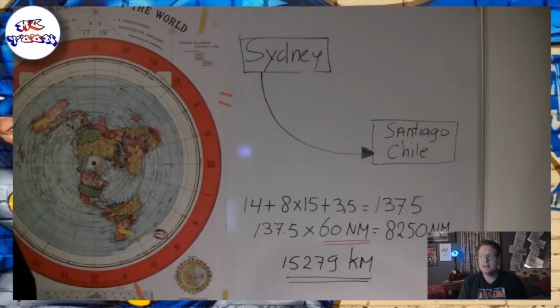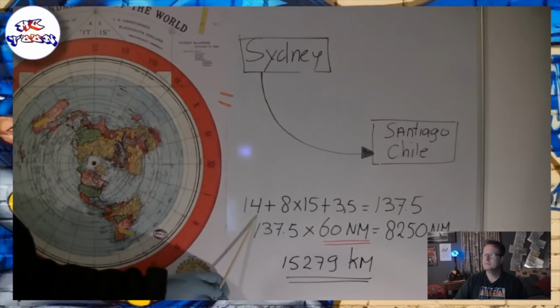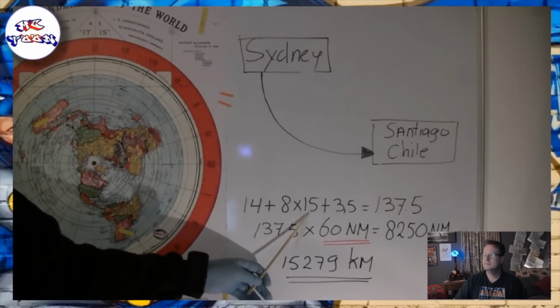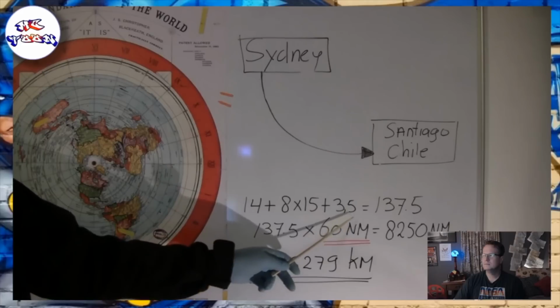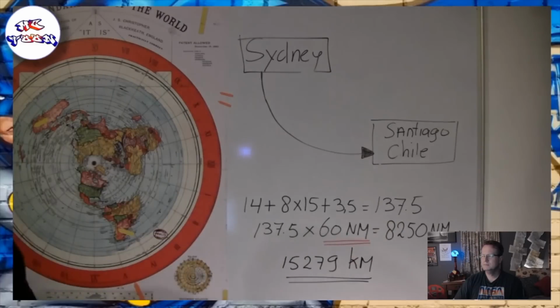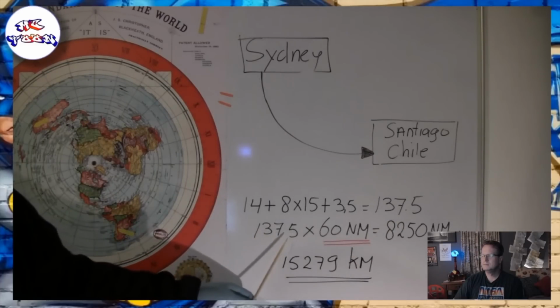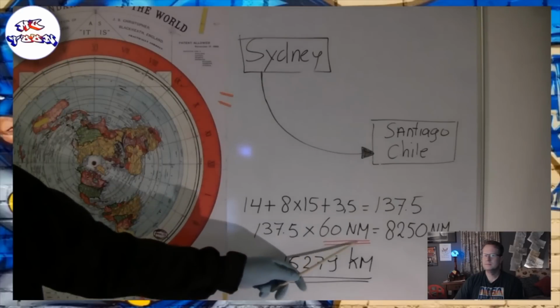Okay, so EFG Test has gotten the distance in degrees longitude between Sydney and Santiago. And he's going to tell us how far it is apart. To circumnavigate from Sydney to Santiago, it's 14 degrees plus 8 times 15 degrees for the nautical miles plus 3.5 degrees to reach Santiago. That makes a total of 137.5 degrees. 137.5 degrees multiplied by